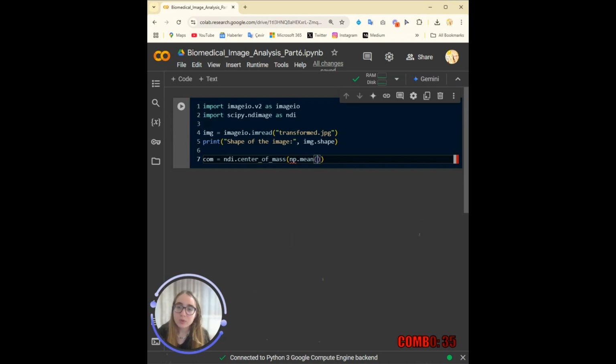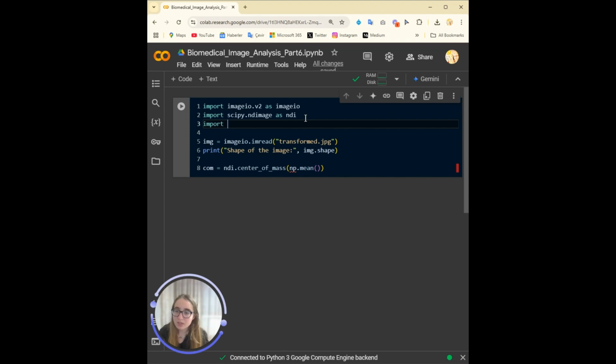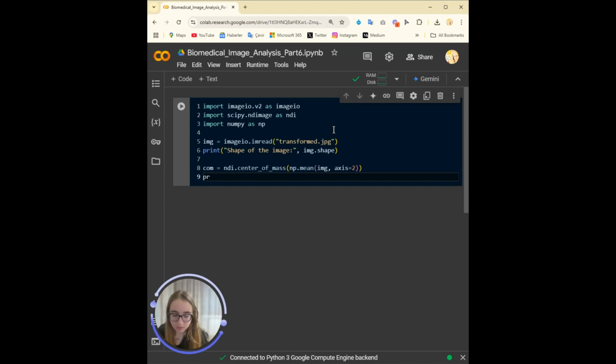You have two options here. Because shifting will also shift the color dimension, it will be a really strange image. You can try it yourself. You can either take the mean of the image and take its center of mass to shift it, and then while shifting, give 0 to the color dimension. Or I'll also show you how to turn it into grayscale so that you don't have to do all of these. But I wanted to show you both ways. So we'll take the mean and then print the center of mass.